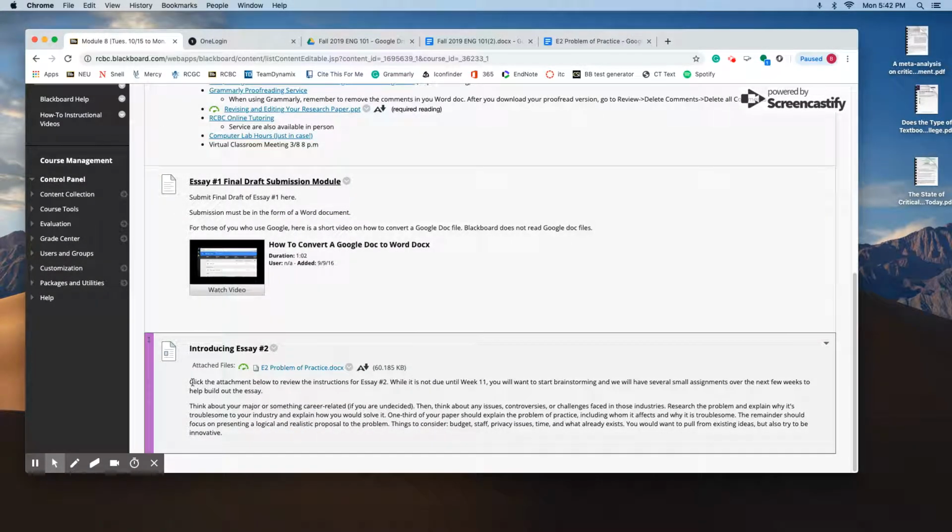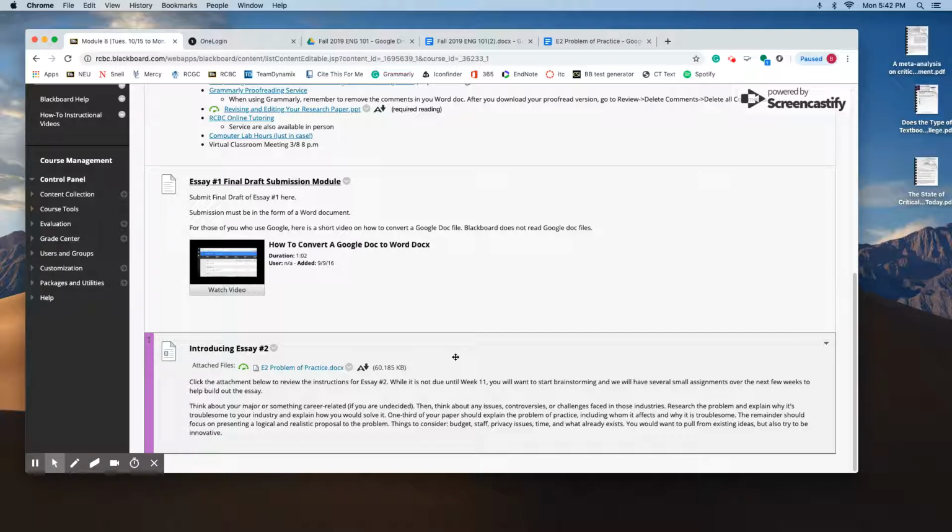After you've completed the essay, you want to take a look at the second essay. We're going to jump right into it. It's our problem of practice essay. And this is very career related. You will find an issue, a problem, a controversy, a challenge faced by people in those industries. It can be the career you're in and trying to advance in. It can be the career you're starting and studying for to get a degree in. It can also, if you're undecided, be just the career you're thinking about right now. So we're looking forward and career related for this one.